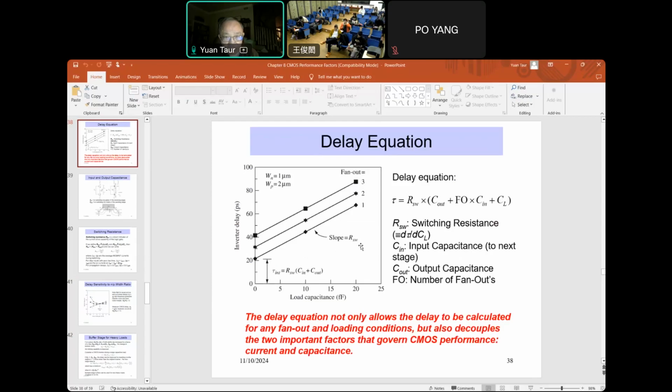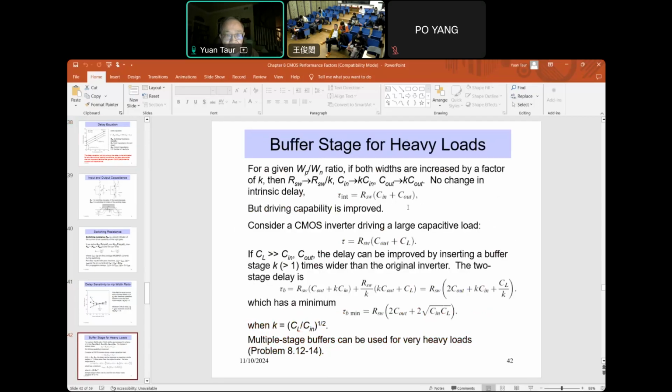But the slope changes because if you have double the width, then R switch becomes lower, which means that the delay doesn't increase as much versus the load capacitance. So when you have a very large load capacitance, the slope is more important than the intercept, the intrinsic delay. And so in that case,